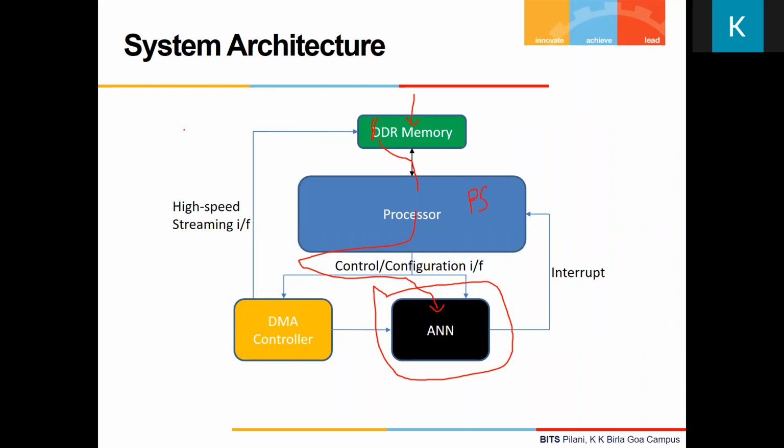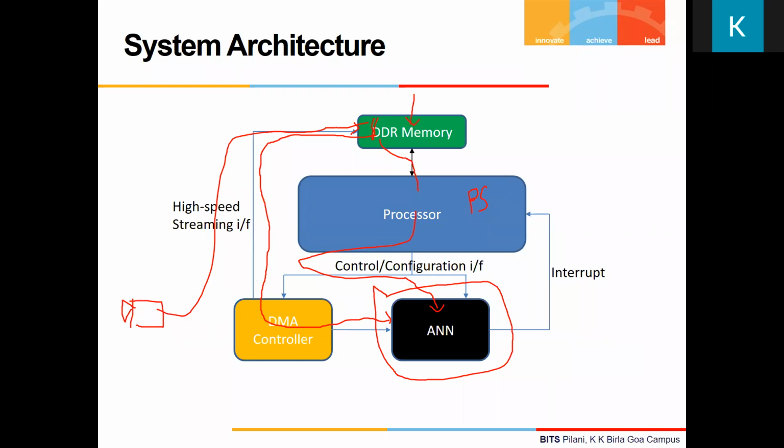For example, if you are doing image processing, data can be coming from some camera. So somehow that data should be first stored in the DDR. That is possible. We have IP cores for that. So somehow that data will go to the memory. And there will be a DMA controller, which will be used for streaming that data from DDR to the neural network. We are not directly feeding it from the external world because the bit width and all might not match. Okay? So we cannot make any assumption like output from camera is these bits, things like that. So first of all, better to buffer it in the memory.